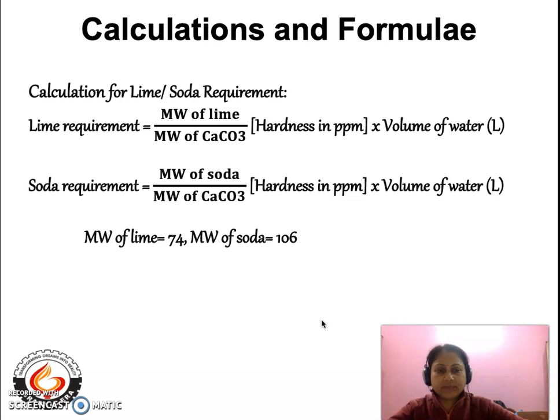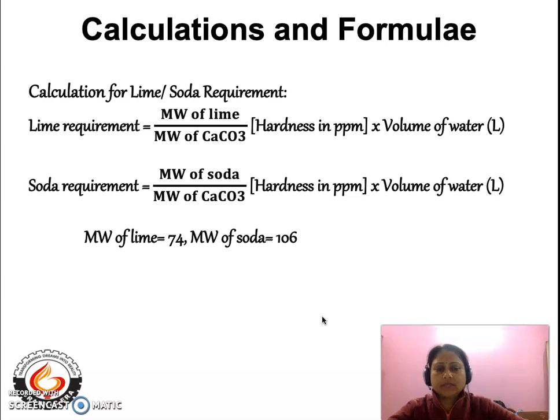Like the calcium bicarbonate, the magnesium bicarbonate, the calcium chloride, the calcium sulfate, magnesium chloride, magnesium sulfate. Now, all these salts are in the dissolved state. So, the primary principle of the lime soda process is to add lime or soda or both so as to facilitate precipitation of the soluble calcium and the magnesium salts. So we have discussed in the previous lecture what are the reactions that occur as a result of the addition of either lime or soda or both.